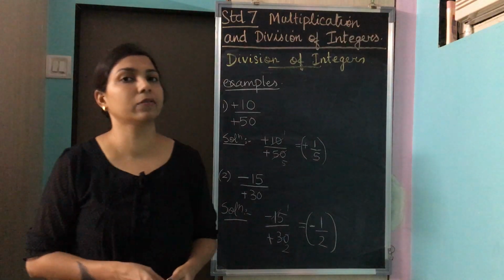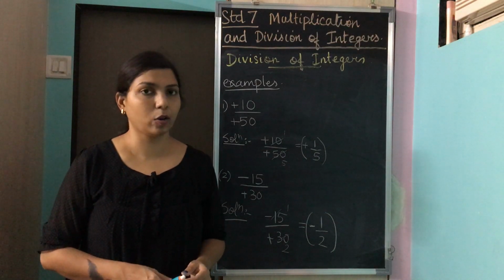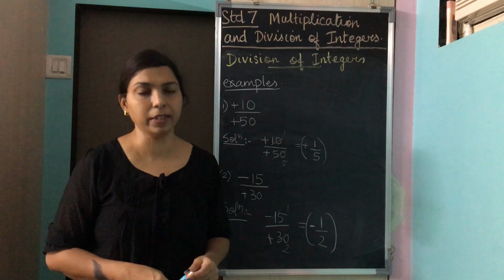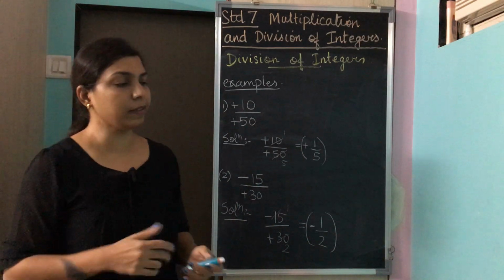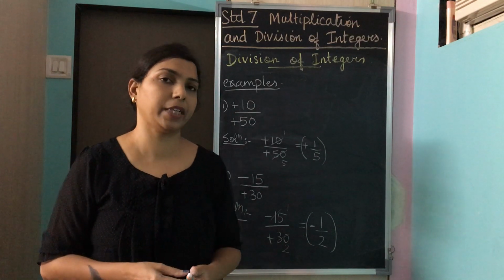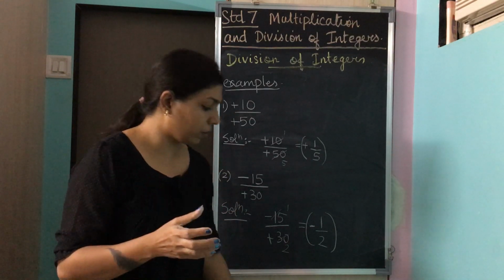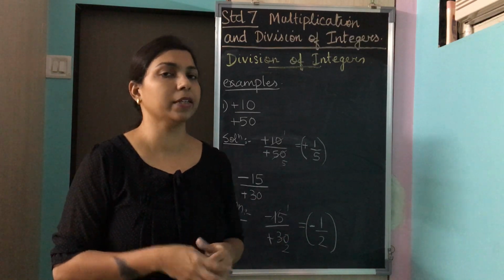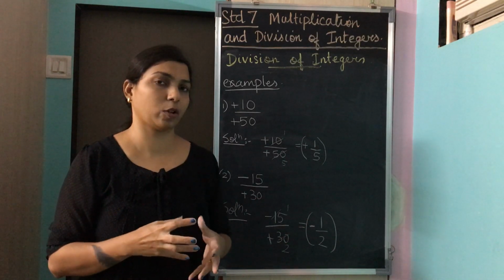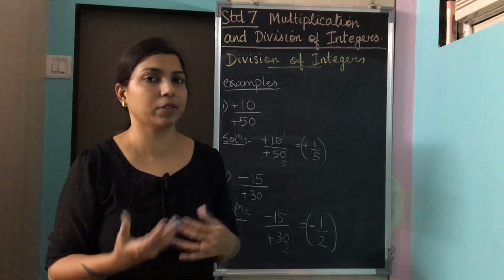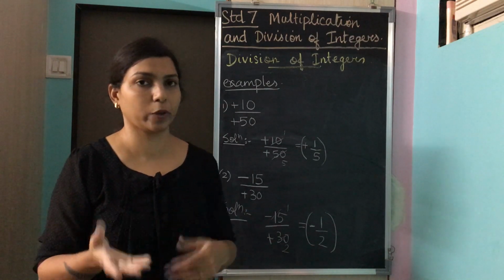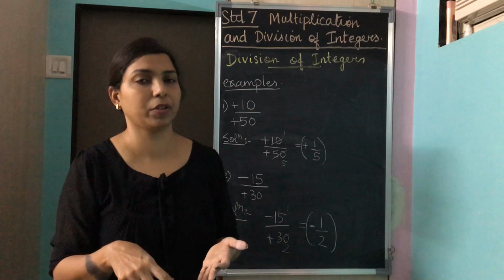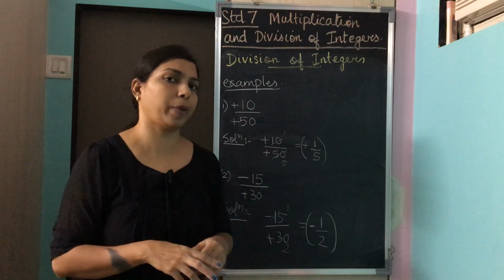Your exercise, which is practice set 9. In the same manner, you will complete your practice set number 9, the first part of it. And in the second part, there is a small activity which is given to you. There is a fish pond which is shown, and there are a number of fishes present in it with numbers on them. It might be a positive number or it might be a negative number. If you look into your textbook, you will see all those fishes in the pond with either a positive number or a negative number on it.